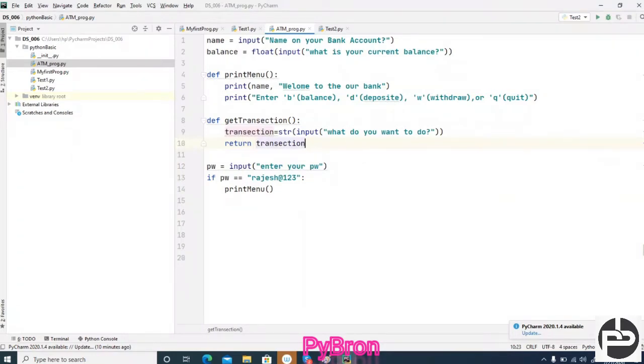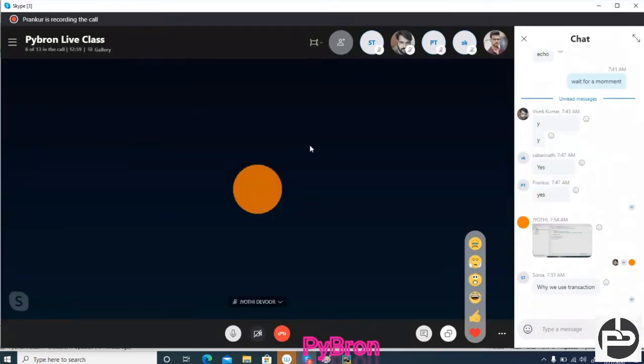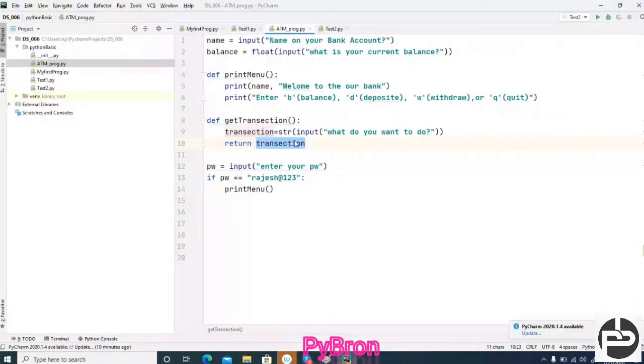Once that is done, next is what? Once the user passes the b, we will get the b value with the help of this, and on behalf of that particular code we have to execute. Got it? Why do we use transactions? Okay, if you don't want to use the transaction, you can directly make a program like this: if command is equal to w or q, whatever it is, we can do it. That is also possible. Hope it makes sense.